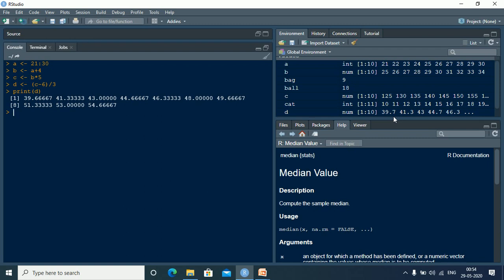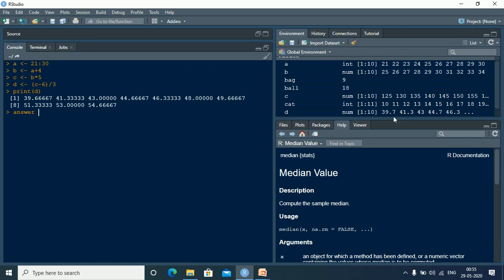Now let us see what happens if we put the entire operation in a single code. So that means when A is created, with A we add 4, then multiply it by 5, then subtract 6, and then divide it by 3. So let us put that into a new variable answer. Right?